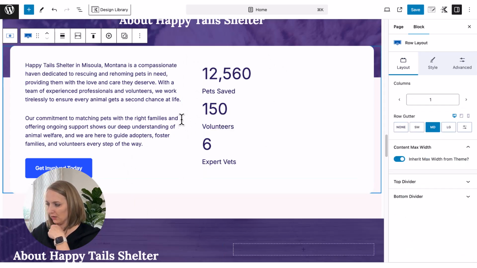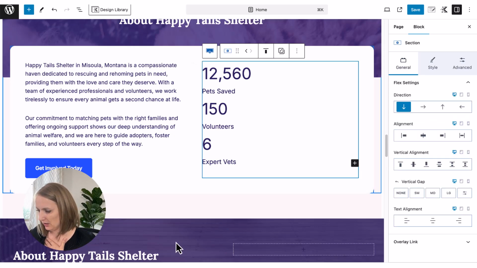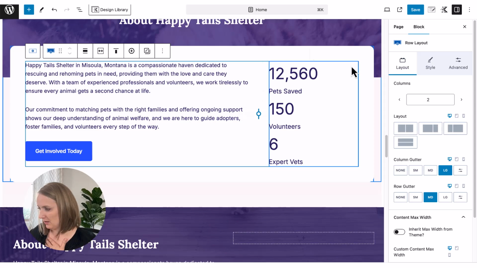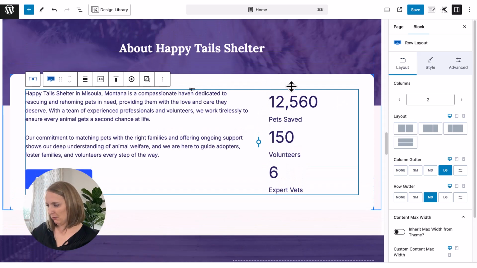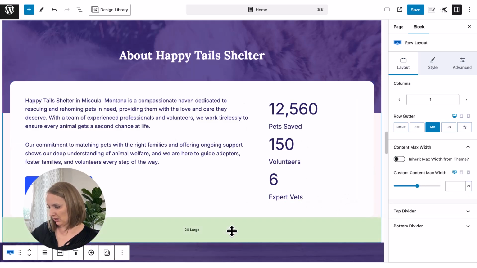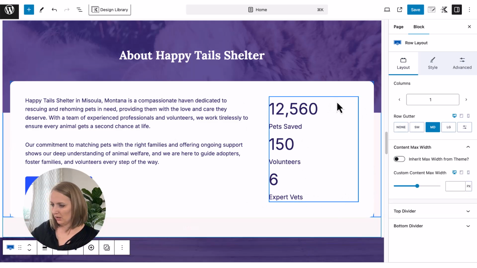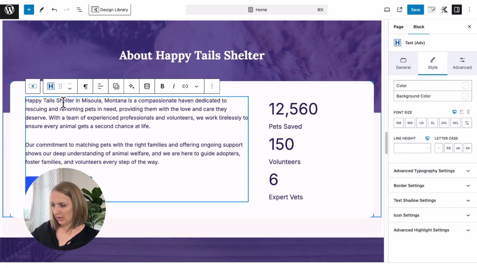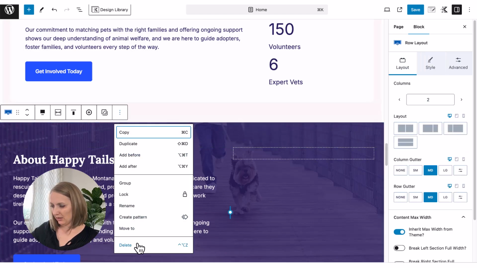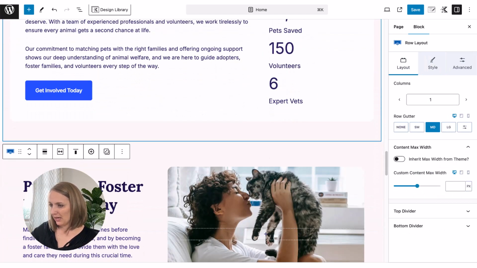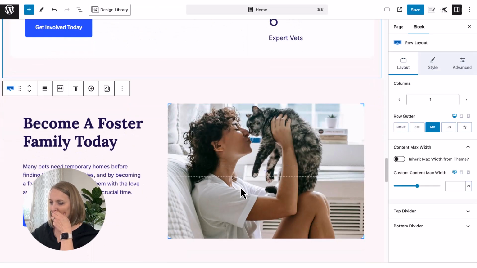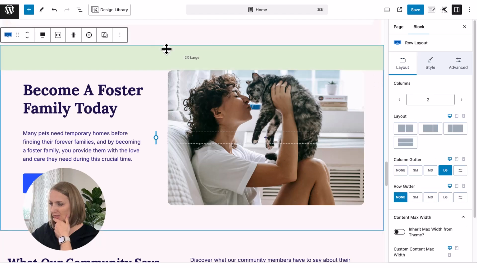So on this row layout, I'm kind of thinking, sorry, this row layout, we need to drop this to be like, yeah, something like that I think is much better. That is super unique and cute, I actually think. So I really like that. Okay, so then we can get rid of this guy altogether. And then what is after that section? Then we have our positive pet stories, which would go into, let's delete this because I cloned that and don't